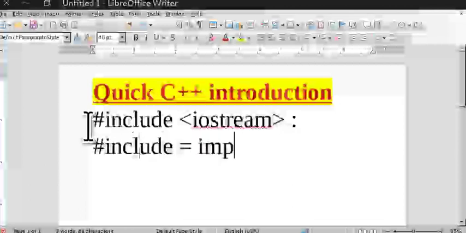Import means we all know the word import, right? Okay, so that's import for you. So we are trying to call it, or we want to insert it. So the hash include over here in C++ or in Python means import. So what do you want to import? Okay, the IO stream